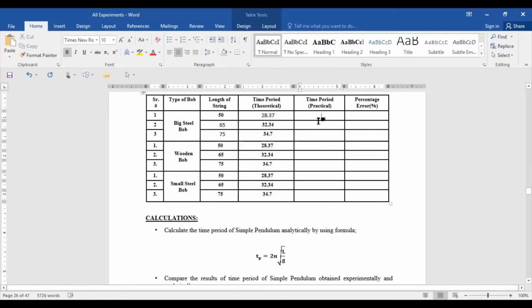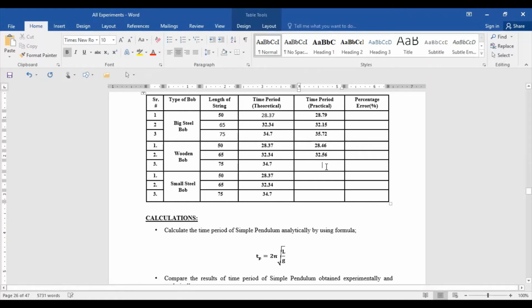So I have taken these values, and now whatever value I got practically, for example, it is coming out to be 28.79 time period. We have to calculate it from the stopwatch. I already told you in the practical as well, 32.15. Then tab. 32.15, 35.72. Then the next value 28.46. Then another value is 32.56.